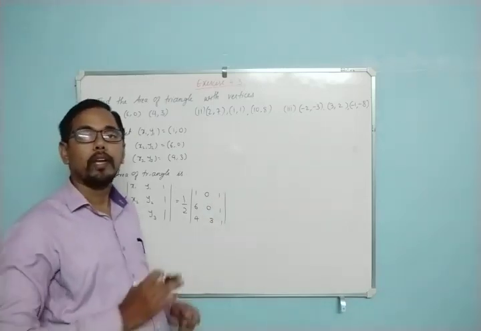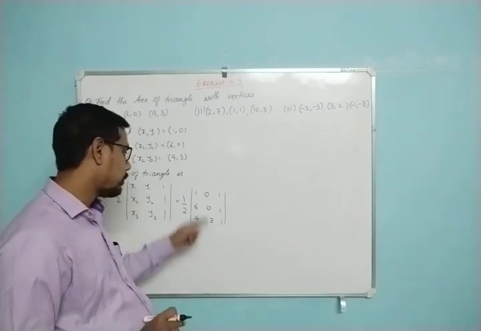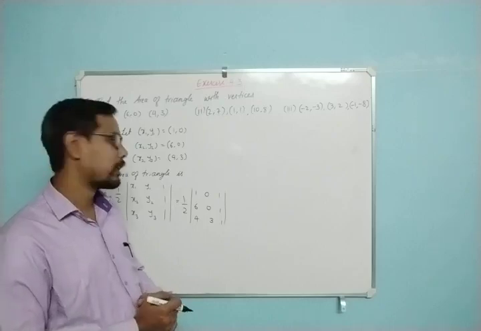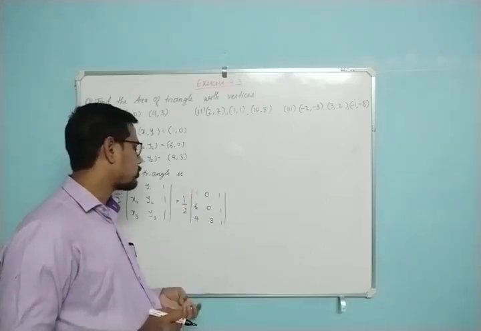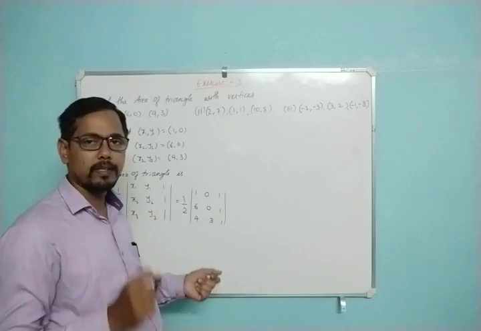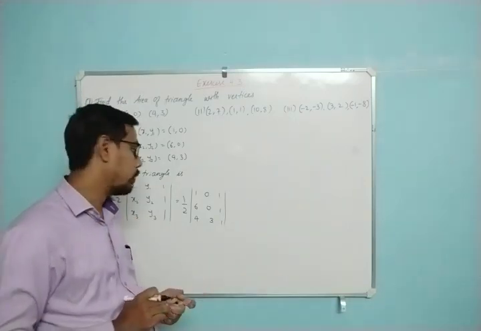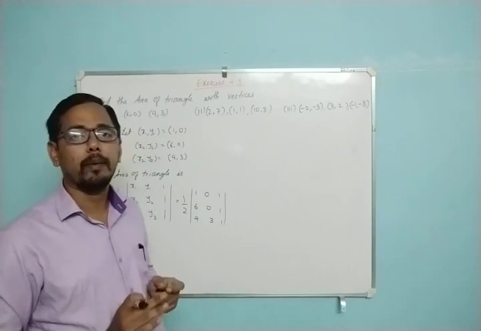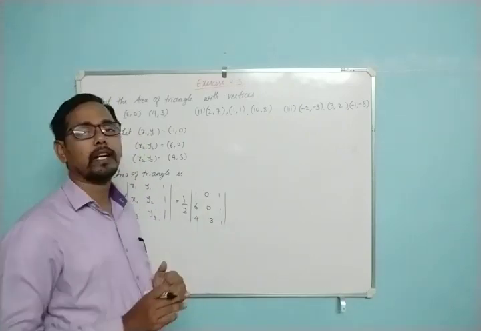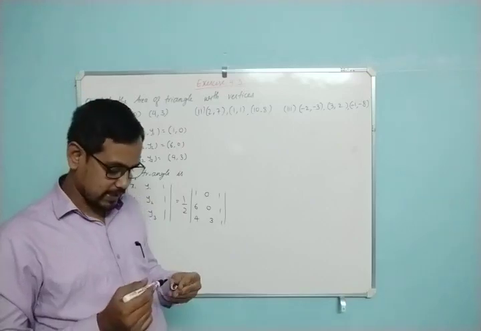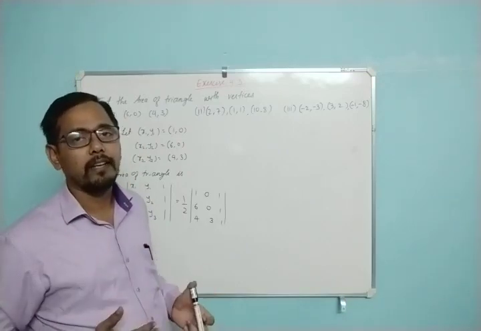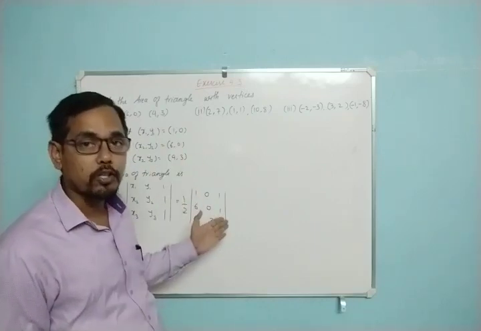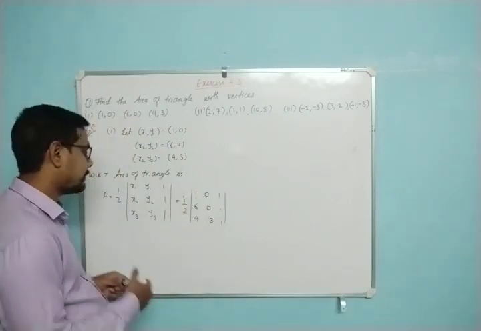Now we can expand it through any row or any column, but more zeros are there in the second column, so either you can expand it through the second column, or the first row also has a 0, whichever is convenient. For some of you it may be difficult to expand through the second column because it is not that easy, so many of us practice expanding through the first row. So let's do it with that.